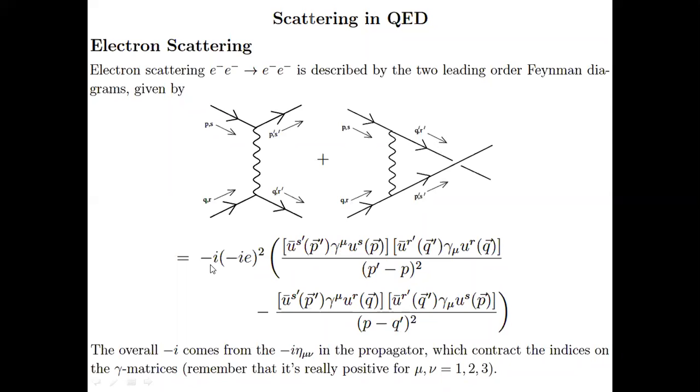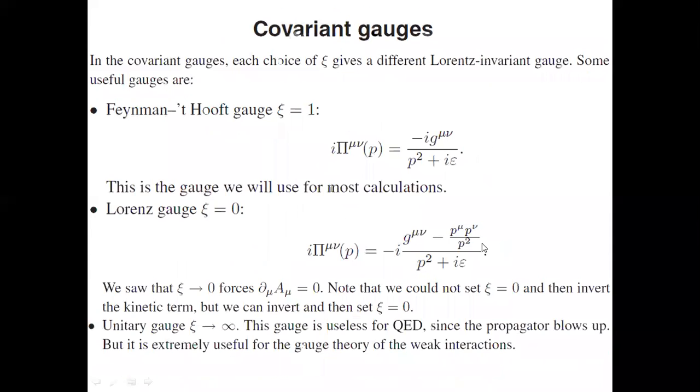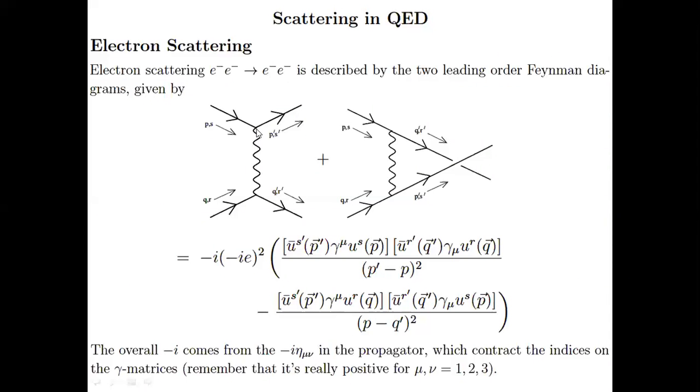Again, there is a square term. This minus i comes due to the eta mu term, and the g mu are contracted with the gamma mu matrices, and they give a minus i for each vertex. Again, there is an incoming particle with spin s and momentum p, and there is an incoming particle q and r. Again, they are contracted in this way. This is the photon propagator, with momentum p prime minus p for the photon, due to the momentum conservation at the vertex. So this is the electron scattering amplitude.